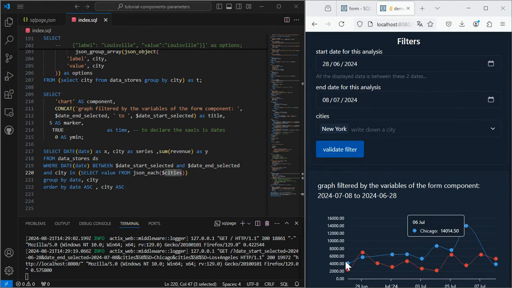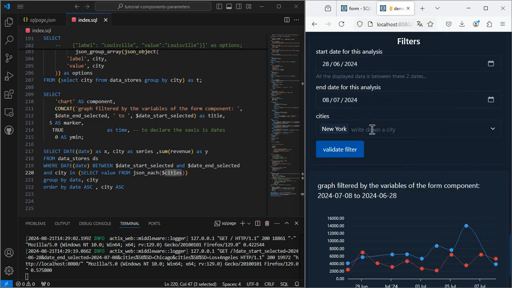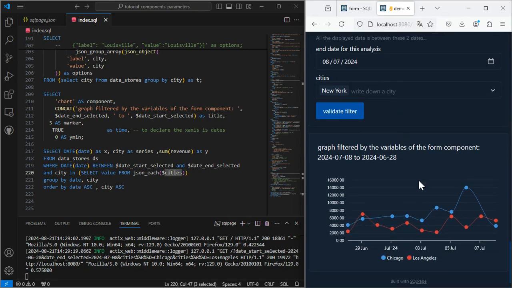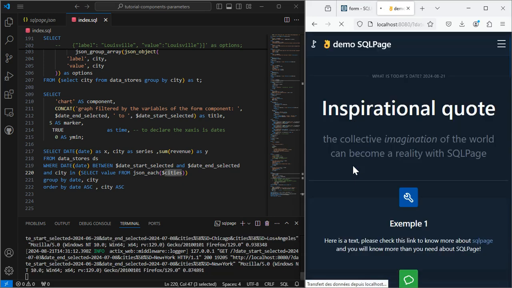Also, when I refresh the page or click the Validate Filter button, I want the values I entered and that show in the URL, for instance here where I selected Los Angeles and Chicago, to be still displayed in the form and not replaced by the initial value, which was New York, which is confusing because here we have Chicago and Los Angeles, but it's New York right here. Final nice to have is not starting from the top of the page every time I filter my data and I click the validate filter.